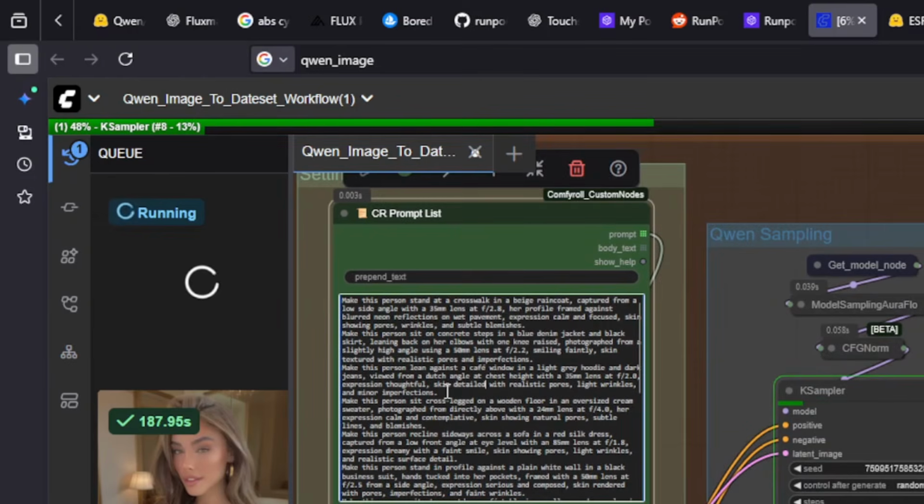So you see here, there's many different bits of text to try to make the photo realistic. And you can definitely change them. Change it up and make as many as you want.